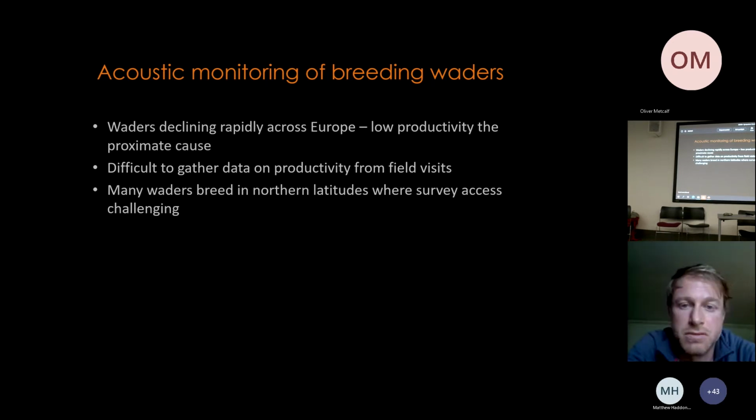Added to that, lots of waders breed in northern latitudes where survey access is really challenging, and northern tundra landscapes are full of breeding waders, we generally don't have good ways of